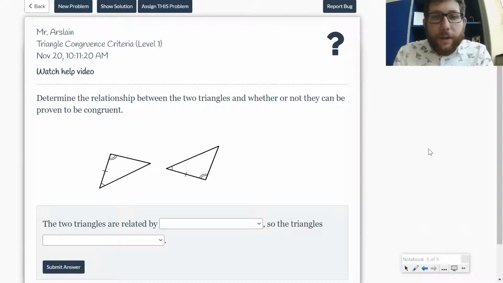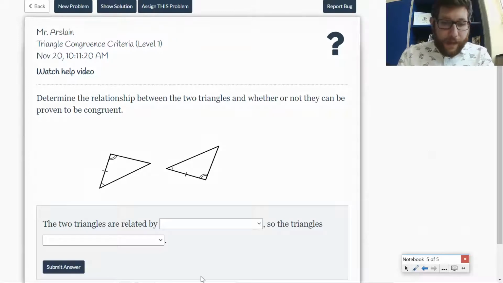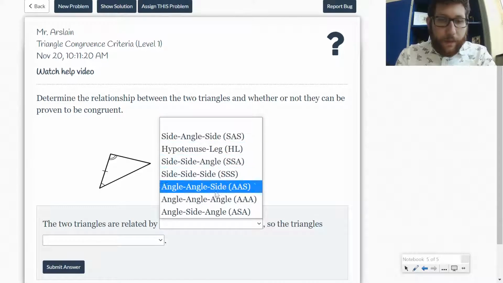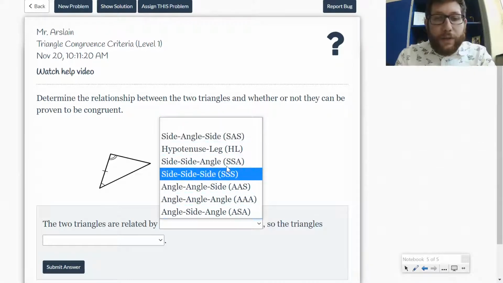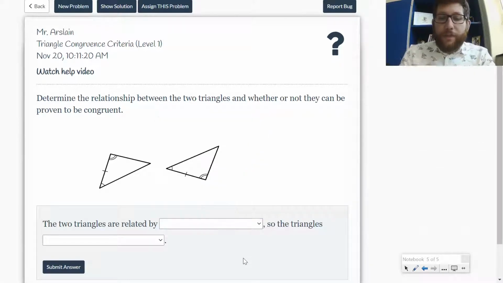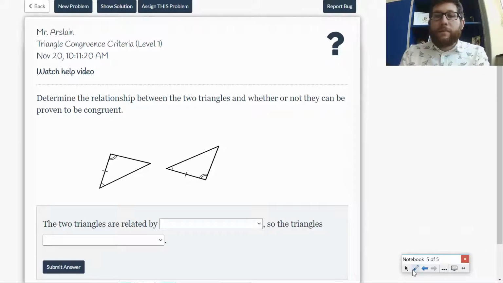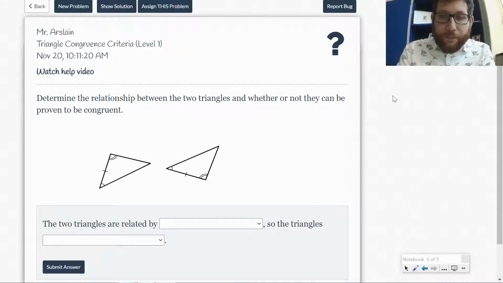So first thing we're gonna do is just identify congruent triangles. Now, look, they give you a really nice list here. If I click on this, these are the lists of different ways we could relate two triangles to each other. Now, some of them work and some of them don't. So let me quickly run through the list that works, okay? The list that works is